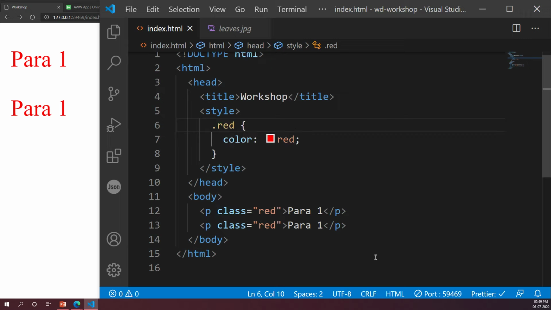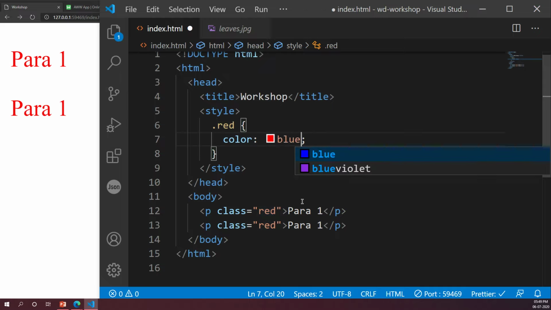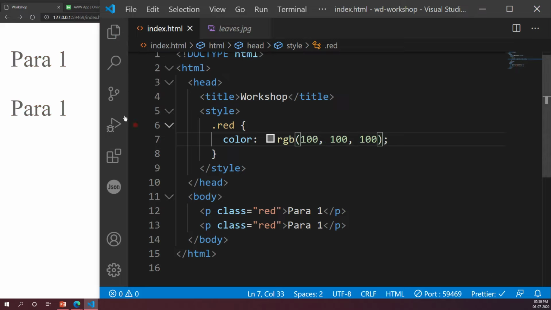Then come your colors. Colors I just showed you, right? You can directly type in the name of the color itself, like red, blue, black or white. But let's say you want more detailed or more specific colors. For that, you type RGB followed by parentheses, and over here you give a combination of numbers. These numbers should be between 0 and 255. So if I do 100, 100 and 100, that's gray color. Okay, so this number should be between 0 and